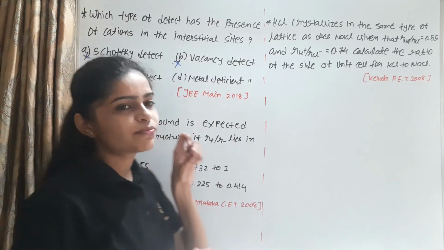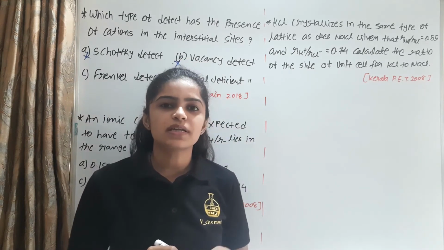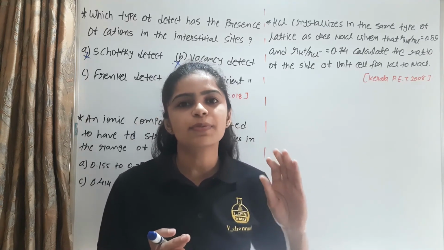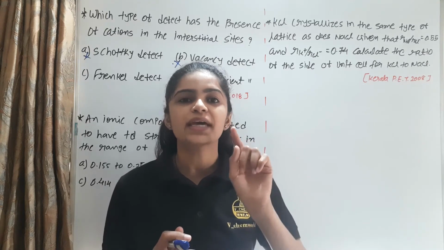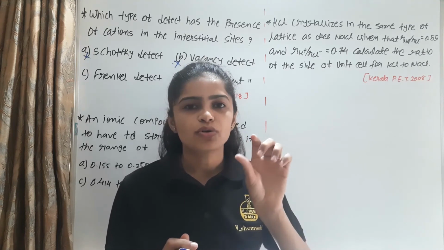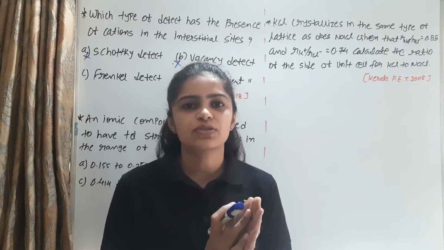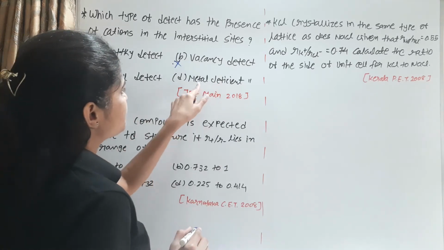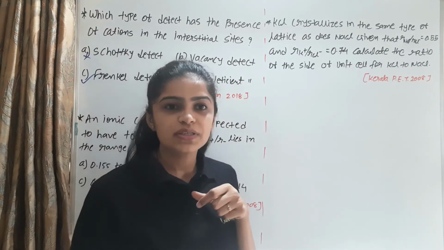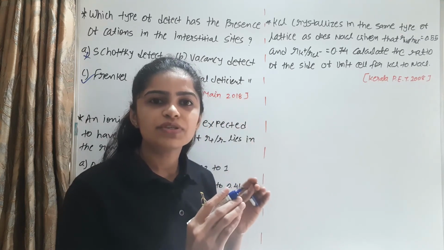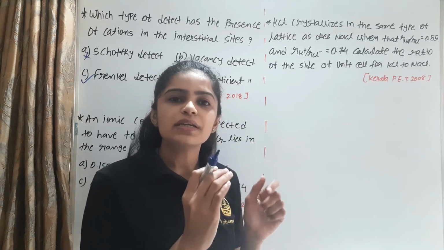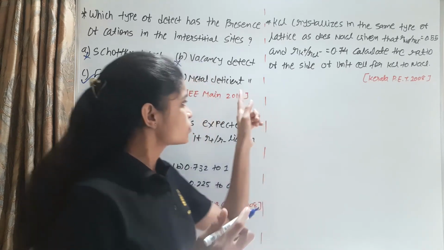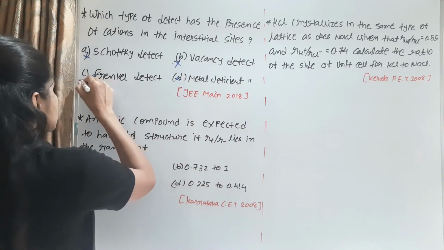Then the Frenkel defect. In the Frenkel defect, for example, consider Na+ in the NaCl crystal, where Na+ is the positive charge. So Na+ leaves its own position and occupies an interstitial site. So the cation occupies interstitial sites, and this defect is known as the Frenkel defect. This is the right option. And last is the metal deficient defect. In the metal deficient defect, metal means positive charge, and deficient means less positive charge. So in the metal deficient defect, the interstitial sites have negative charge present. So this is the wrong answer. The right answer is the Frenkel defect.